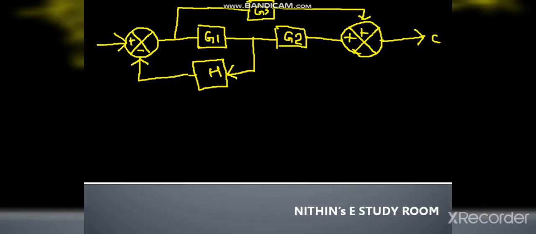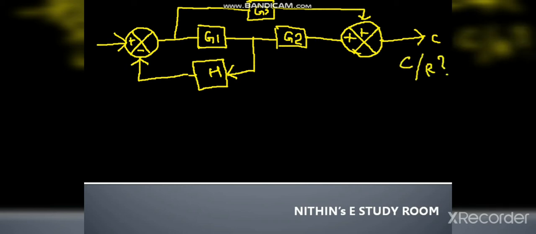So this is a very simple question in which we have to apply the block diagram reduction technique to find C by R. What is C by R? Output by input. So this is input R and output is C. We have to find output by input. So we have to apply the block diagram reduction technique. First of all, we have to see the problem in detail, where the complication lies. That is the first question.